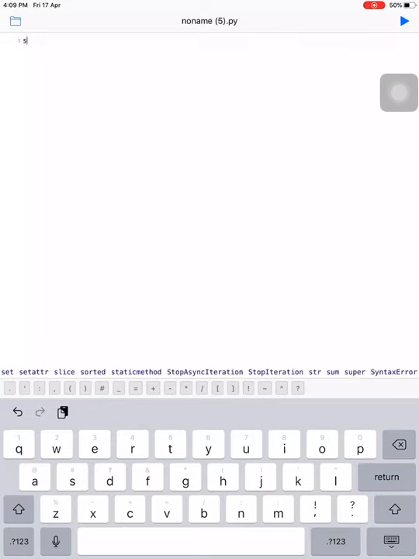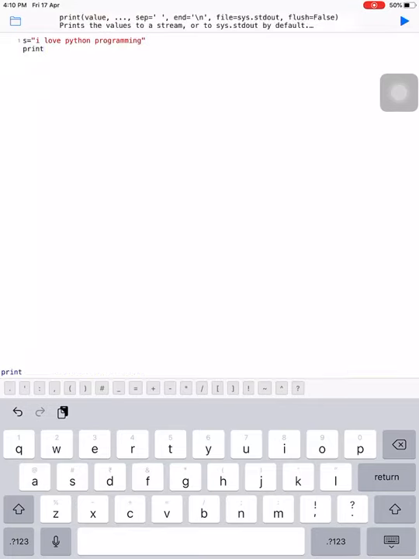I think we have already taken it somewhere. Let me check. Okay, I will take a new one. Here I will write s equal to, and here we'll print.